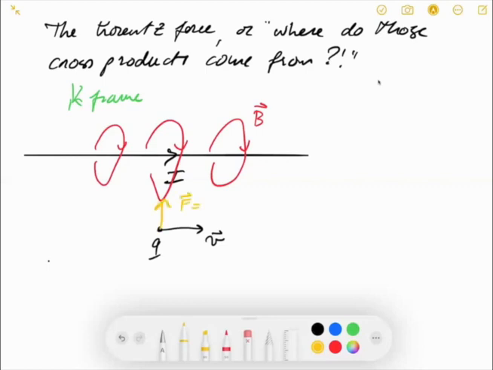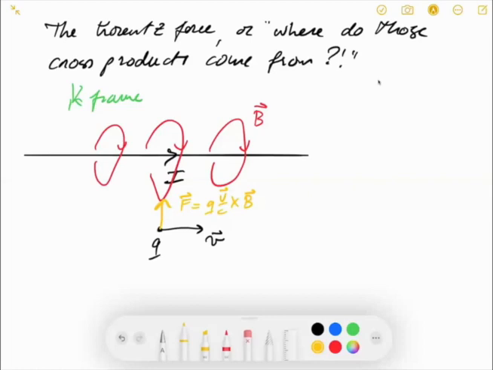So that's going to be your Q V over C crossed with B. Okay, so that's your setup for the classic particle being deflected by a magnetic field through the Lorentz force. So if we analyze this in the K frame,